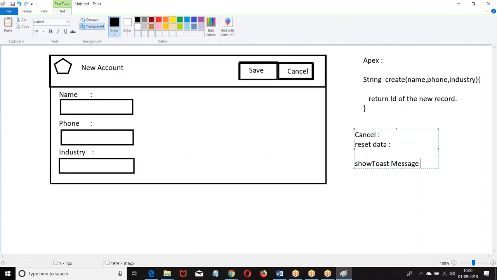Insert a new record and return the ID of the record in the form of what? String, because I gave the return type as string, right? Okay, start creating the Apex class now. Now write the program. Looking at the screens, you don't write anything. Now create the Apex class, everyone.